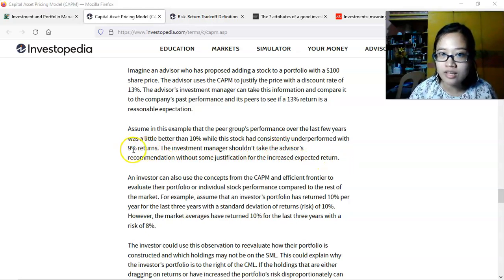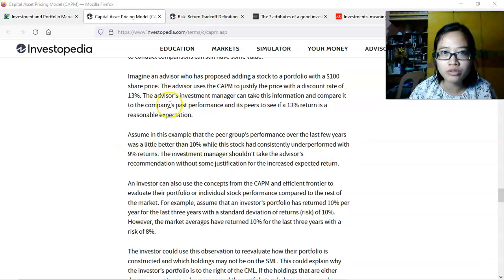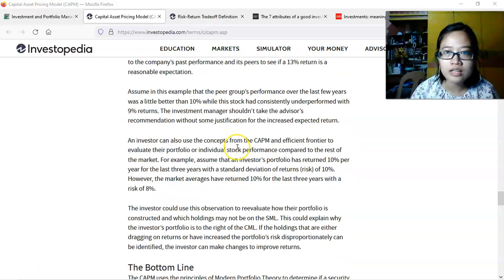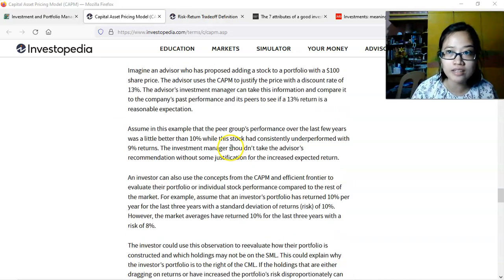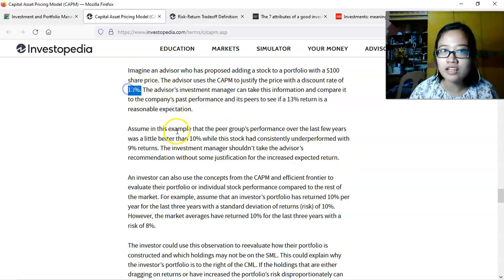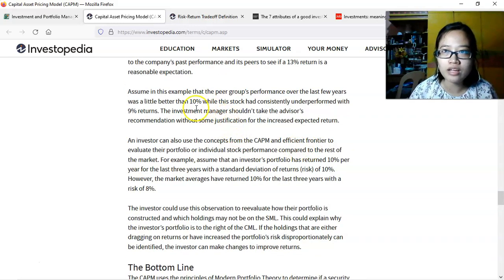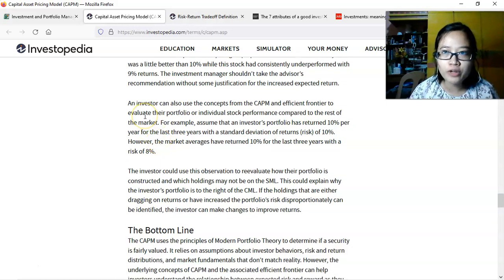Kasi kumbaga, historically, 9% up to 10%, pero yung na-compute niya is 13%. But you have to explain. Kumbaga, you have to justify bakit up to 13% yung naging expected return. Ano yung possible factors that contribute to a higher expected return na 13%. Okay? When historically, hanggang 9 to 10% lang naman. Right? Meron ba silang additional projects? Meron ba silang business merger with another company? Are they acquiring another company? Or did they report a higher earning recently or something?